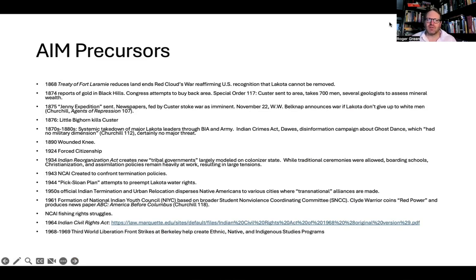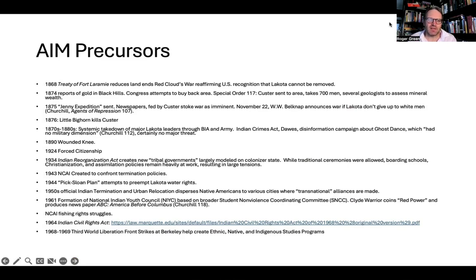In 1964, we see the Indian Civil Rights Act being enacted. So again, on the one hand, it's a civil rights act for Native peoples, but on the other hand, just by being negotiated through the U.S. courts, it assumes that the U.S., which is a colonizing force, is the only litigating force and is the most dominant force in the land. So it plays into further colonization at the same time, just like the earlier Citizenship Acts, right?